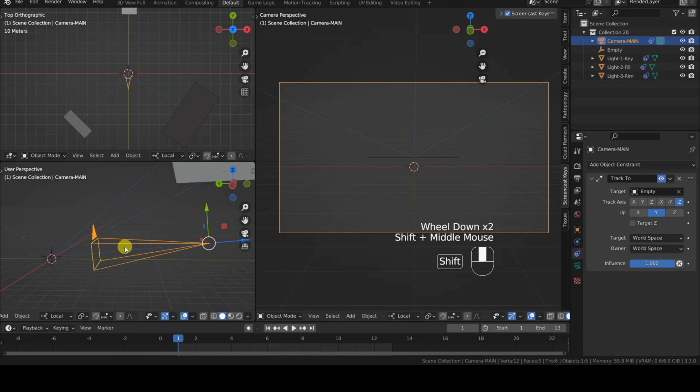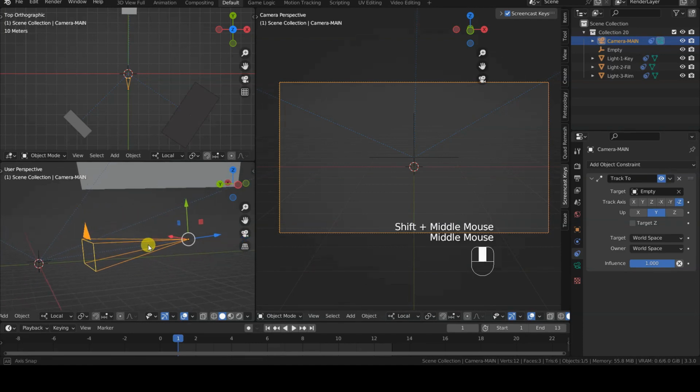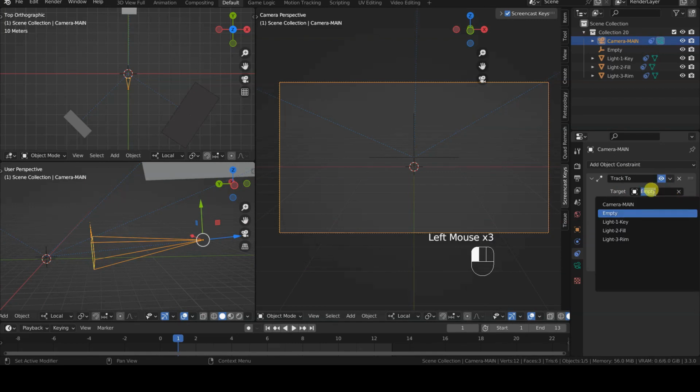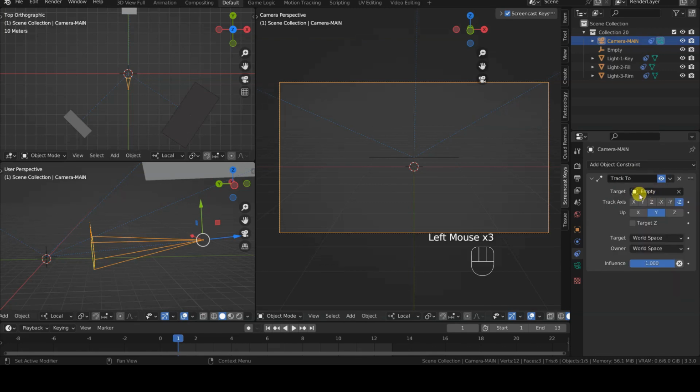This display mode also allows us to easily identify the upper vector of the main camera. It is positive y, so in the up field of the Track to constraint, we will select y. All that remains to do is specify the empty object as the target, and the camera will always point towards the empty, even when we move the main camera within the scene.